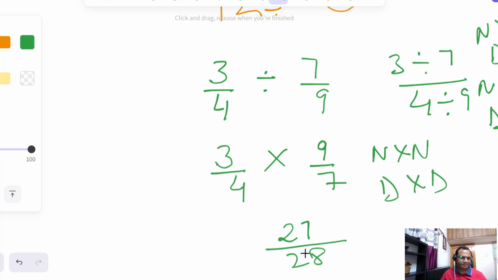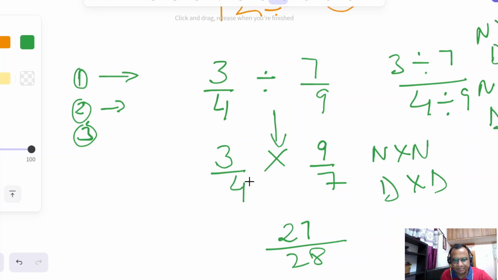This is my answer. So in division of fractions, just follow these 3 steps. What's the first step? Keep the first fraction as it is. Don't touch the first fraction. Just keep it as it is. Second, change the division sign to multiplication. If it is division, make it multiplication. Third,